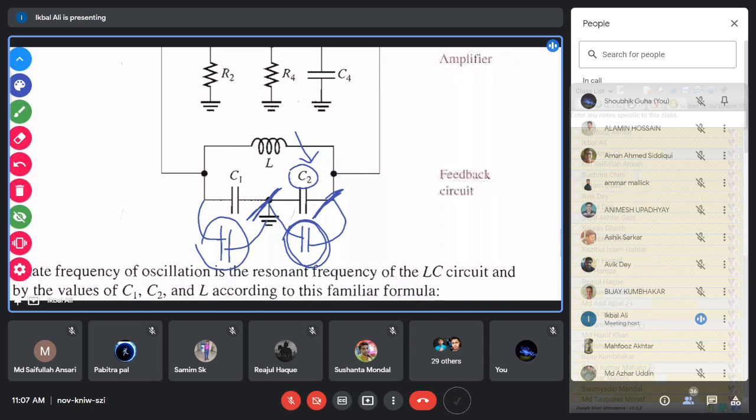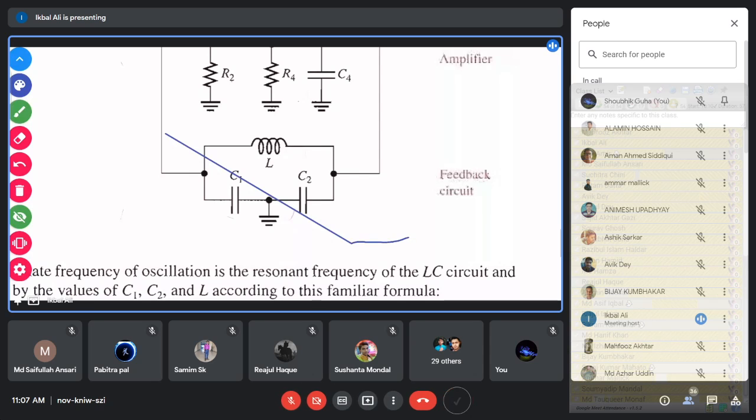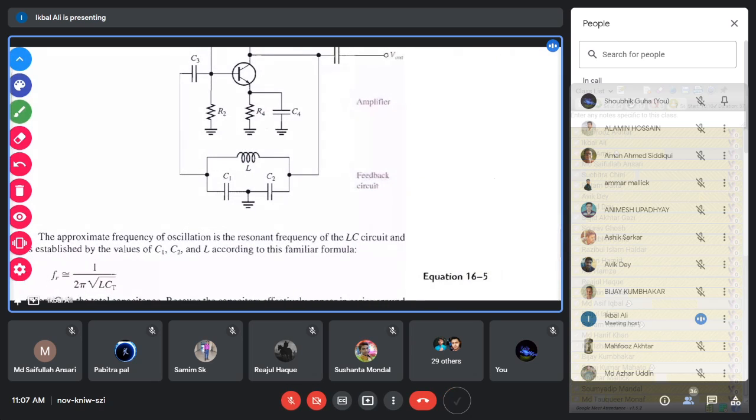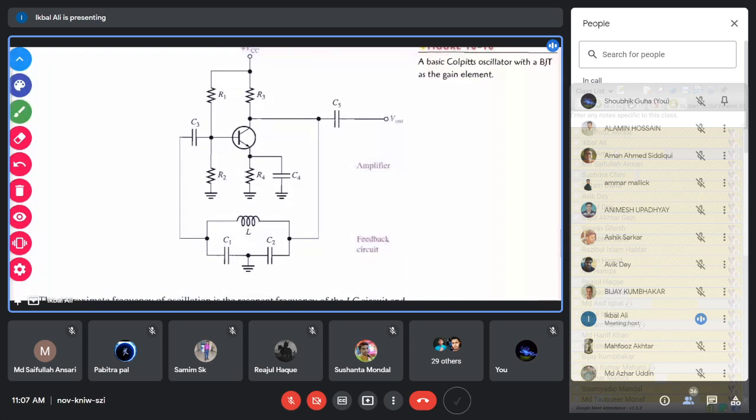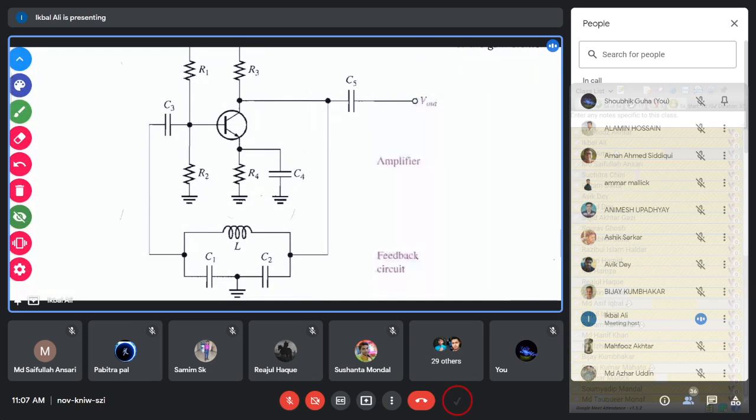In other words, the frequency of oscillation of this circuit is affected by the junction capacitance of the transistor. This transistor is a semiconductor device. It has some junctions, base-emitter and base-collector, and due to that there are some capacitances, and those junction stray capacitances actually affect the output oscillation frequency. Why are they coming into play? They are coming into play because